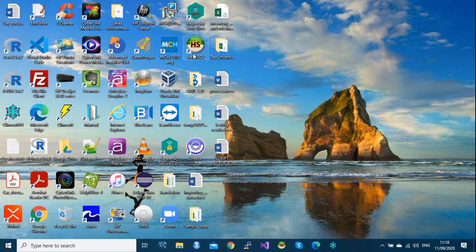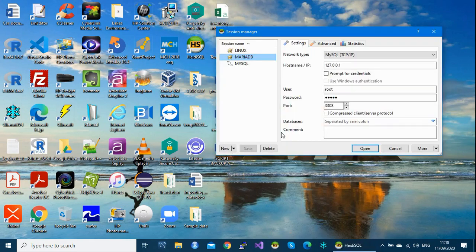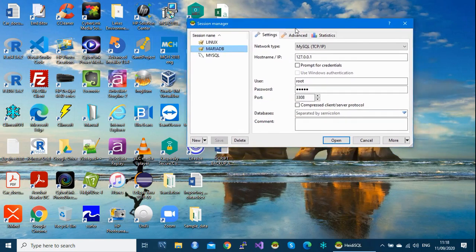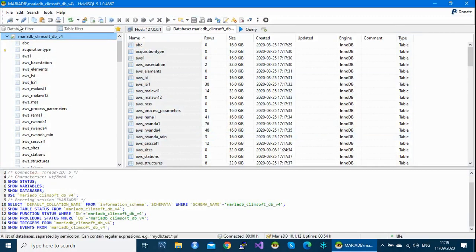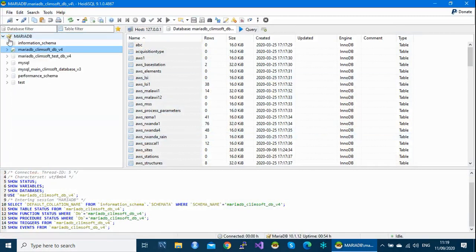So what we do, I'm going to double click on it to open it, or I can use the shortcut I have here. Open HeidiSQL. As I said, HeidiSQL comes with MariaDB, so once we install the database system, it also installs this one. Once you open this database client, you'll be able to see the list of your databases.